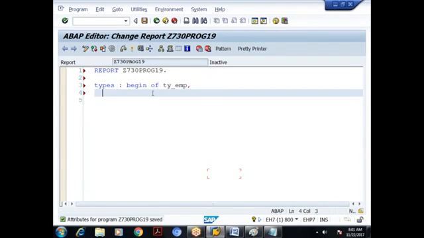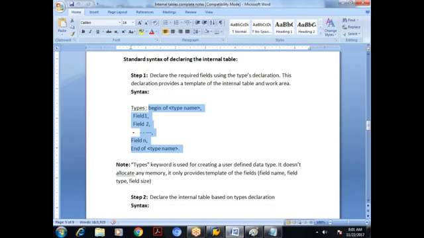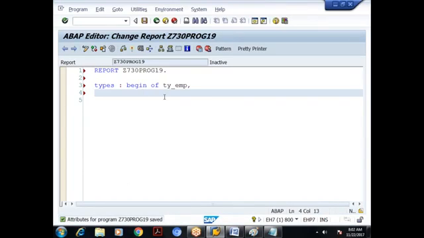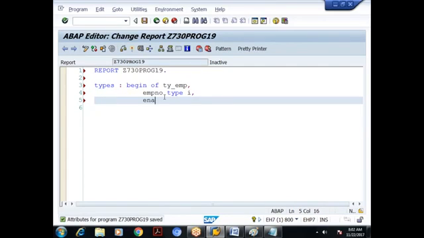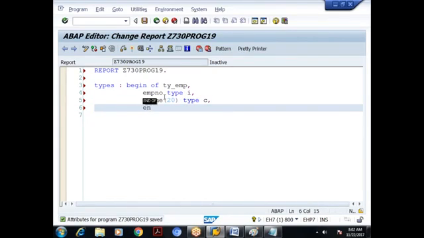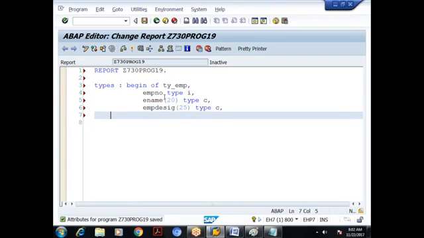Done. Then I want to declare some fields. If you see the syntax, field 1 to field n. So here I'll say emp number type I, that is integer. Then employee name of 20, type C. Then employee designation of 25, type C. And then END OF ty underscore emp.